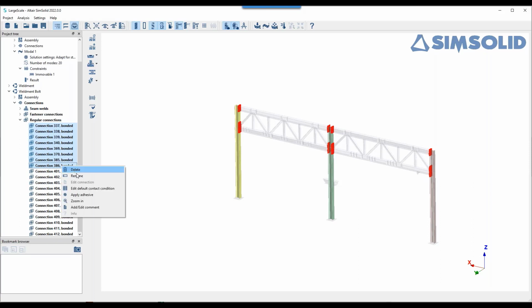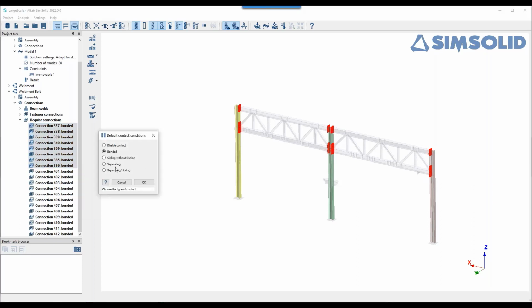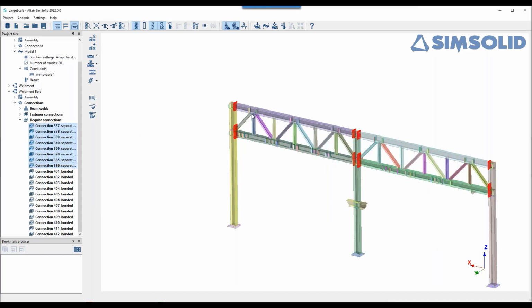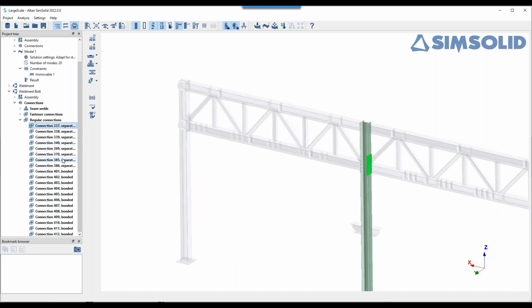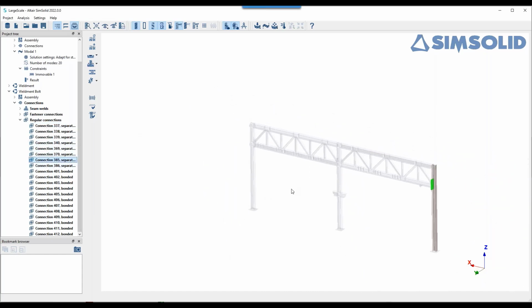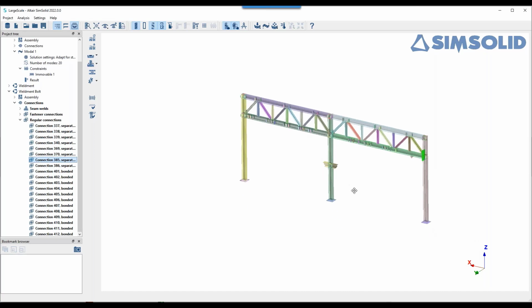So that's very easy. Right hand click, edit default connections. We can have separating. You can specify a friction. We'll leave it as 0.1. Now you can see that should go green. That's it. There we go. It's gone green. Okay. So the next thing we can do here is we can actually apply preloads on all